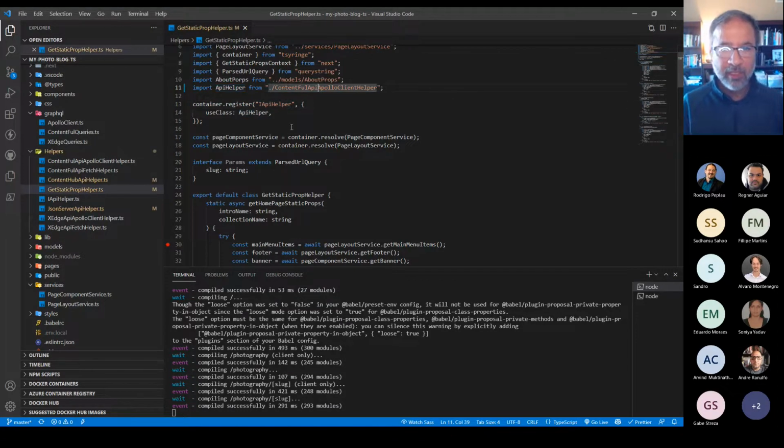So I have an interface for API helper, and when I change this, I say, well, I now want to use Contentful instead of Content Hub. So it registers that, and then it calls the services, and when it calls the services, it actually resolves to the service that it is supposed to go to, and all this is happening using